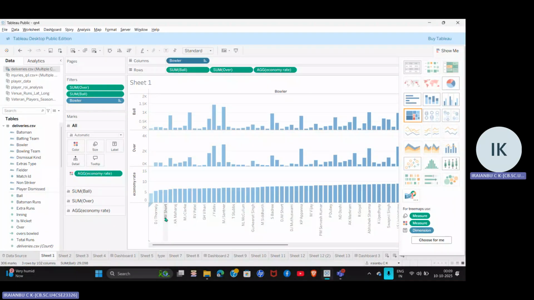I will start with the analysis of death overs of top bowlers with minimum economy. Death overs means overs 16 to 20, and here I have used Tableau analytics for IPL player performance analysis, and I have used CSV files like matches, deliveries, injuries,